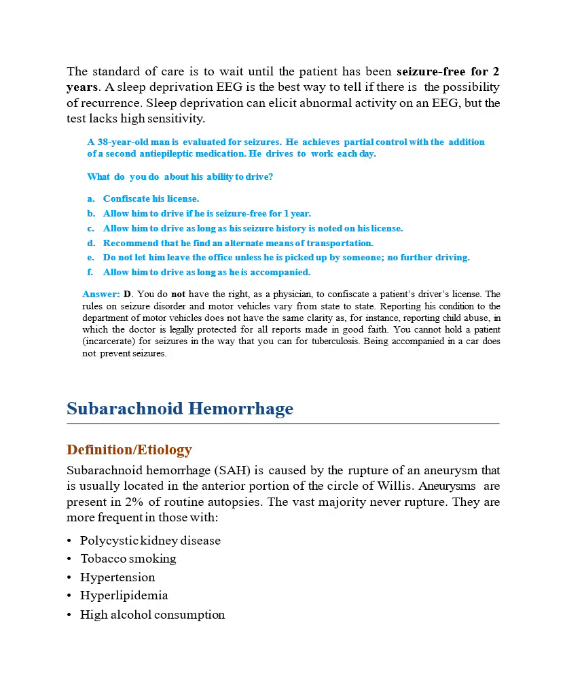Definition and etiology of subarachnoid hemorrhage. SAH, or subarachnoid hemorrhage, is caused by rupture of an aneurysm that is usually located in the anterior portion of the circle of Willis. Aneurysms are found in 2% of routine autopsies. The vast majority never rupture. They're most frequently seen in those with the following clinical conditions: polycystic kidney disease, tobacco smoke, hypertension,